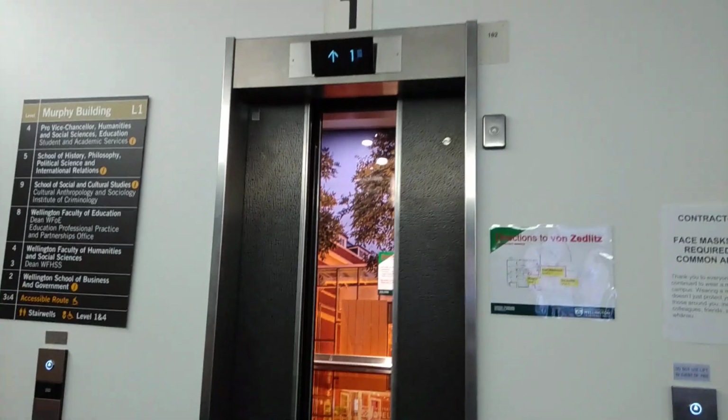And yeah, there's key switches, there's another lift. And there goes this lift, and